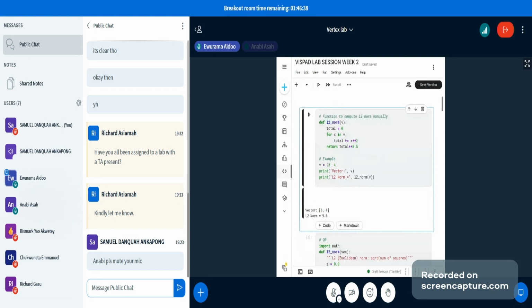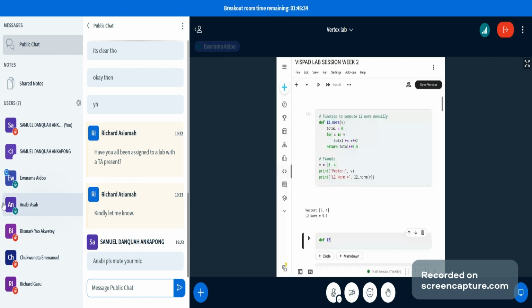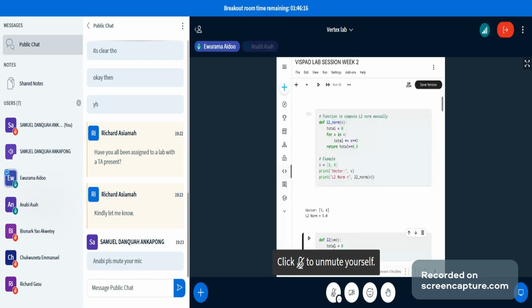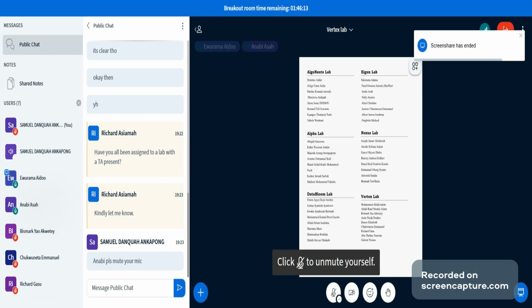And your representative vector back. And how you find a